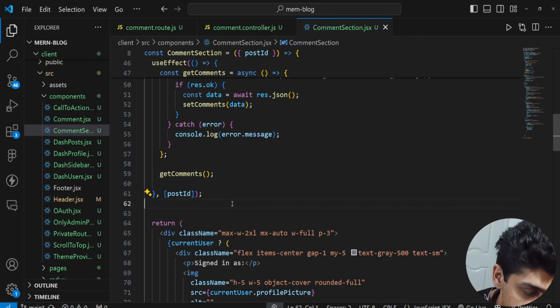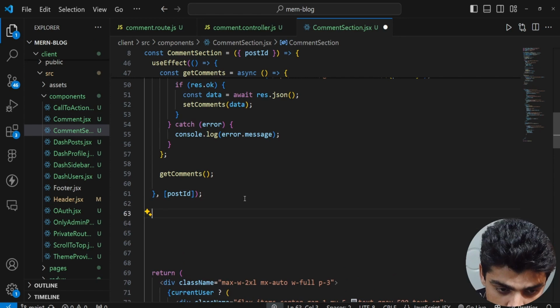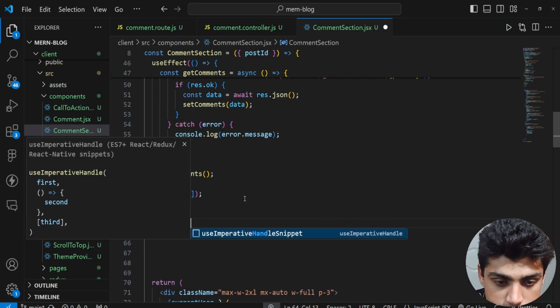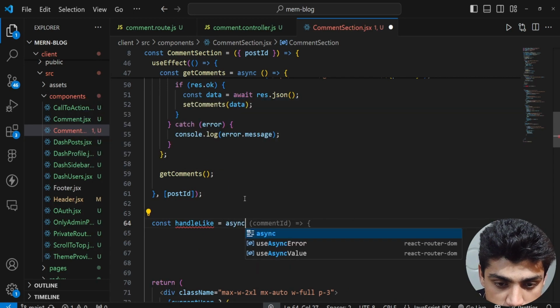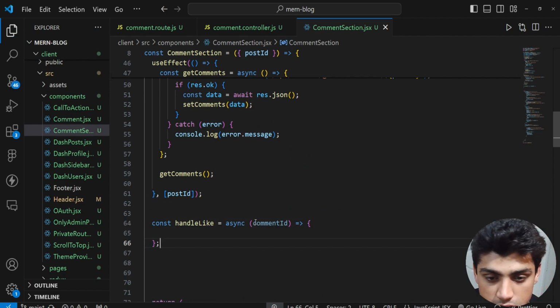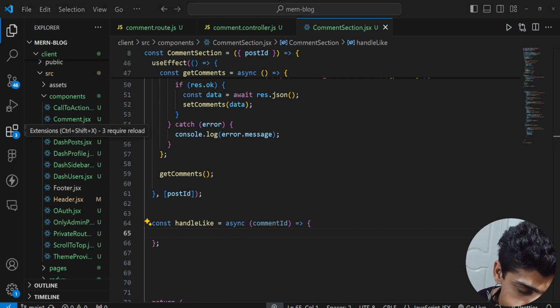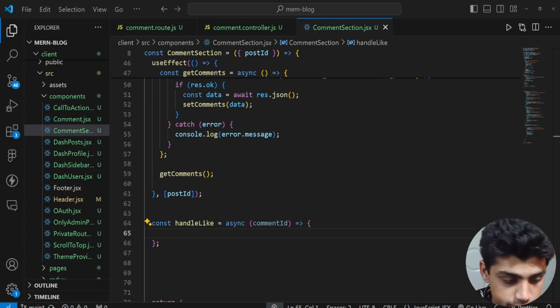Handle like is pretty simple. How we're going to go about this is pretty simple. We're going to have a const handle like equal to async like this, and we have comment ID. Okay, perfect. So we have a comment ID for the handle like, and we could now go about this and get this. So let's go here. Handle like, got the comment ID,